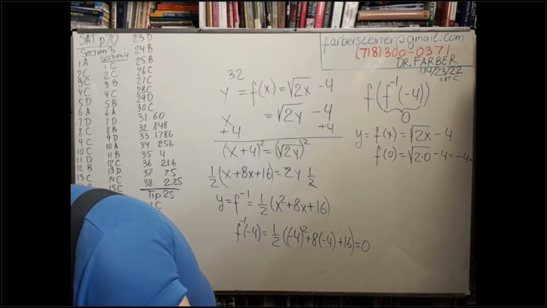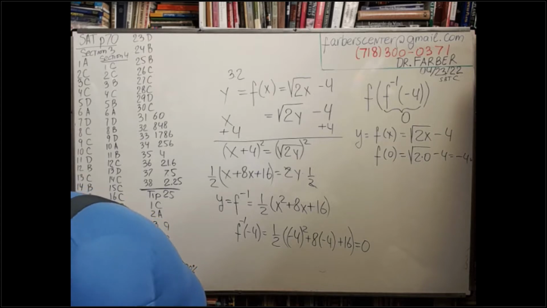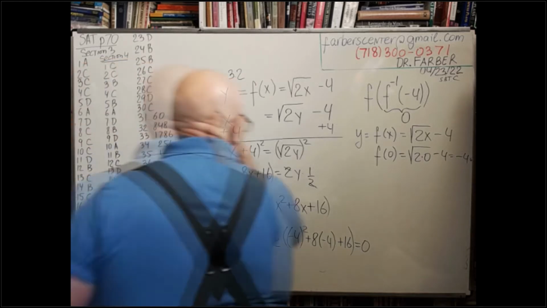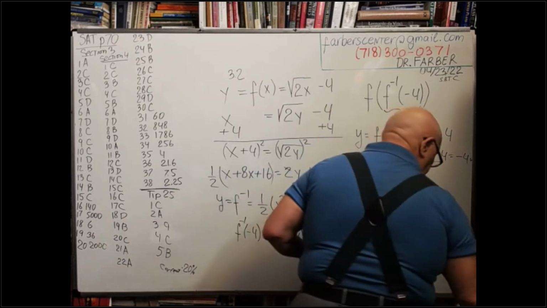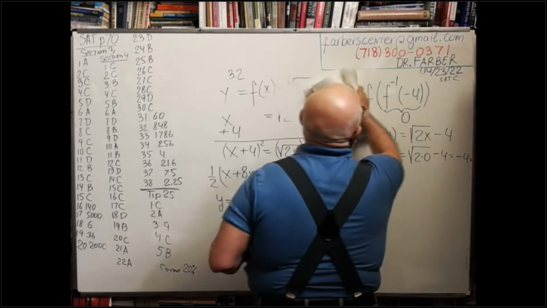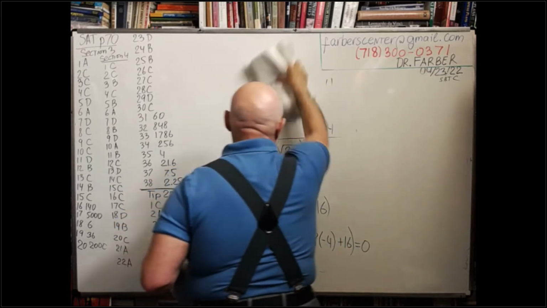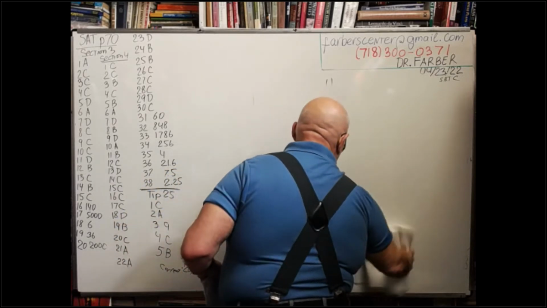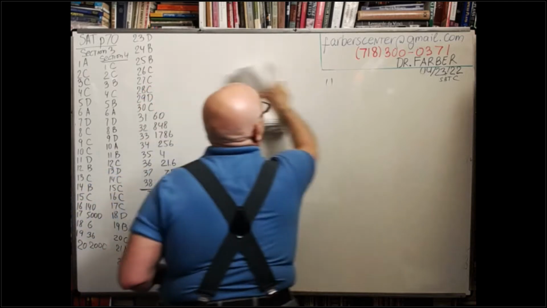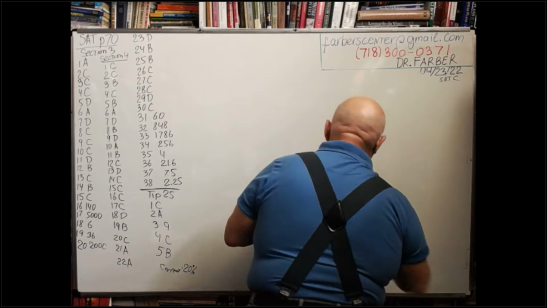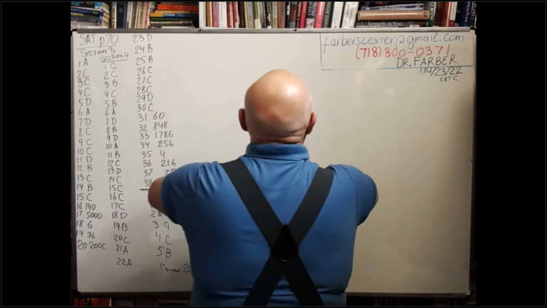Next is 3.8. What we have in 3.8? In 3.8,